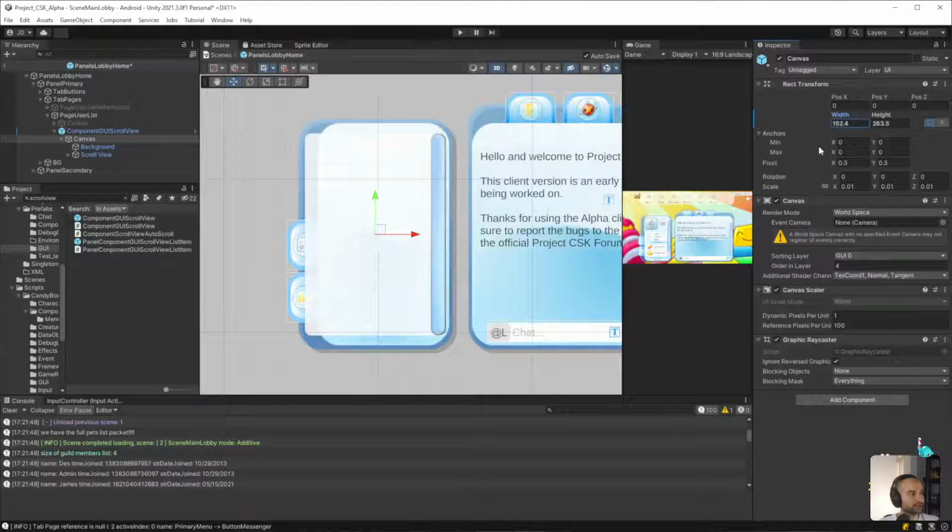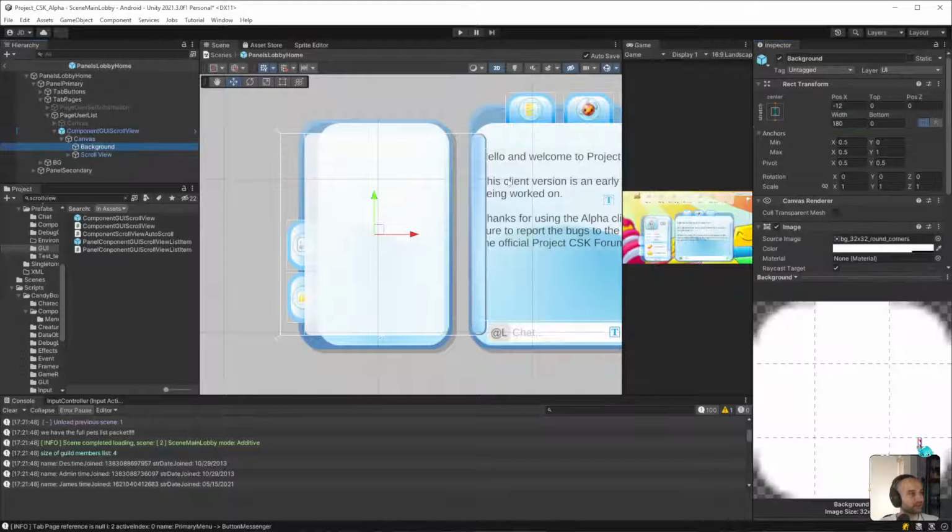Just as I say that, I see some strange behavior. So below this, it does this weird thing. Why would it do that? It's supposed to scale properly, but it's not a big deal. So the background, it currently doesn't scale because it's set to vertically scale, but that's because I'm doing a slight offset of position and width because I want to take into account the scroll bar. I don't want the scroll bar to be on top of the background. I want there to be a distinct separation between the two.